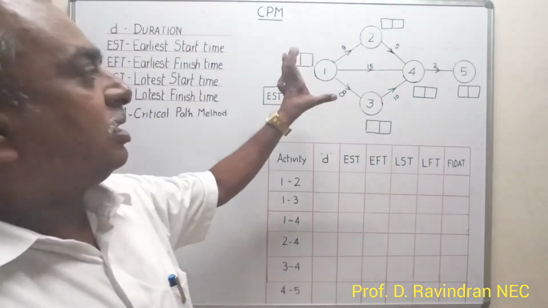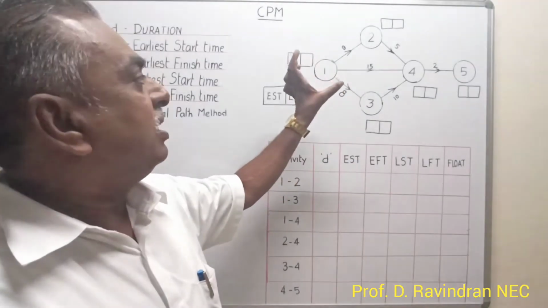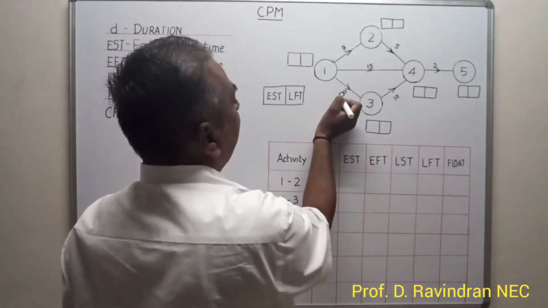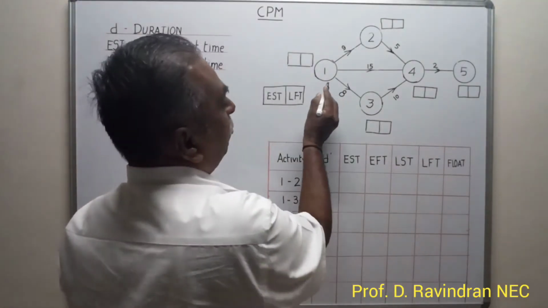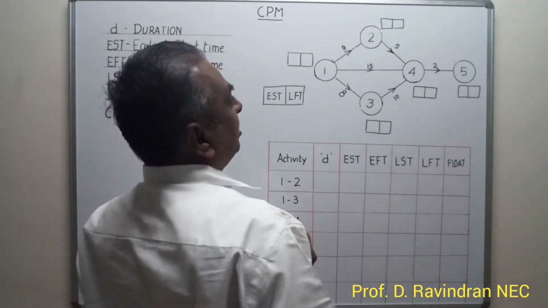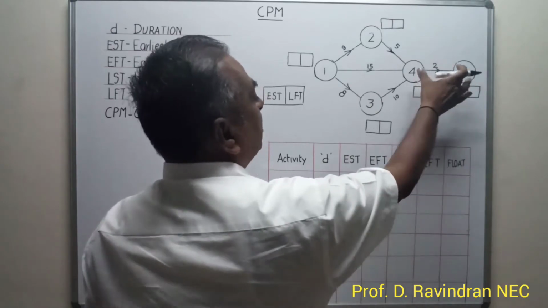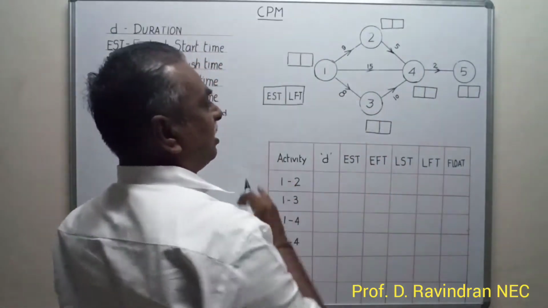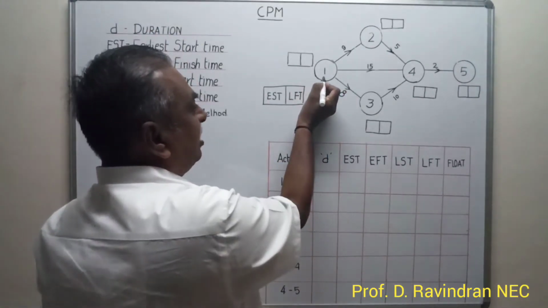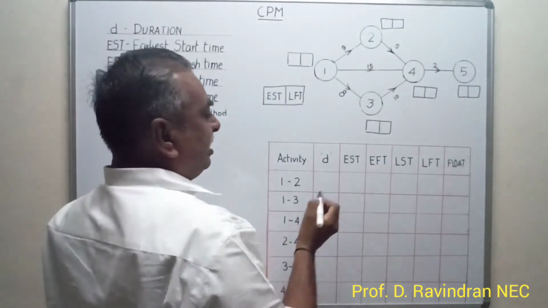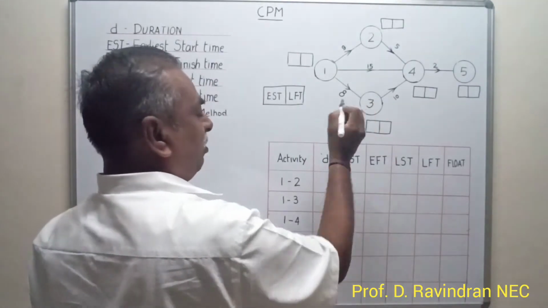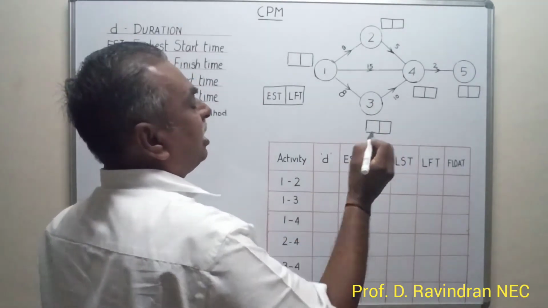So here the project network activities and each activity's interrelations are given. Each activity will take a different time duration. For example, the 1-3 activity takes 8 days, and the 1-2 activity may take 9 days. That means the 4-5 activity can be started after completion of all these activities. For a particular activity, we can find out the earliest starting time and earliest finishing time, and the latest starting time or latest finishing time of an activity.